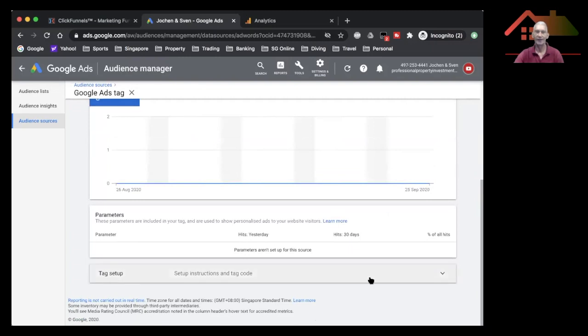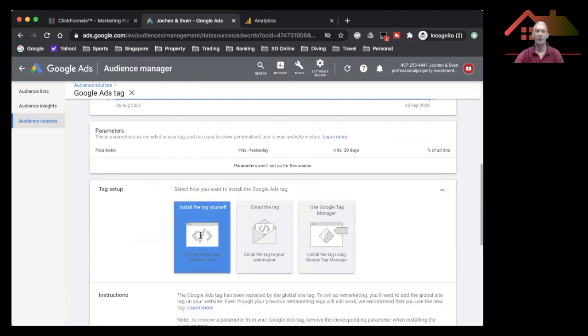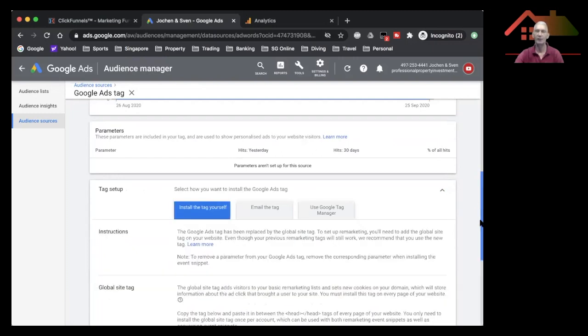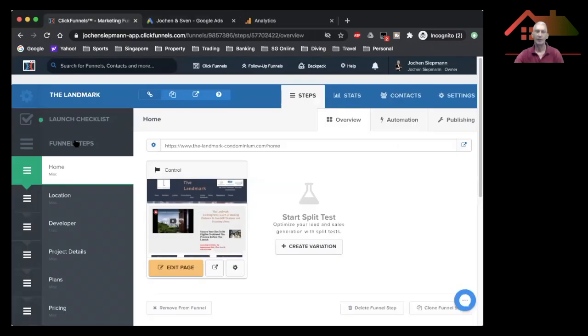So the tag setup is below here. And it's another one of these where we can copy paste, or if you can't copy paste, email to your web developer. I'll show you how to do it yourself because I assume many of you will not have a web developer. You have to scroll down, copy this code, go to your ClickFunnels account, under settings, add this at